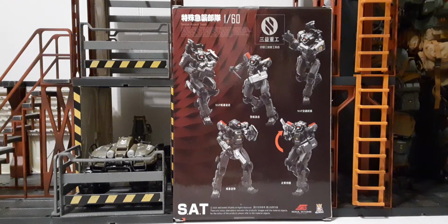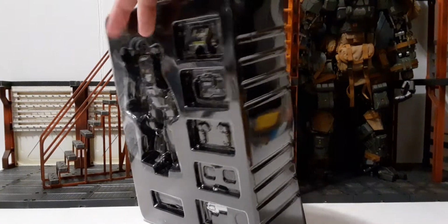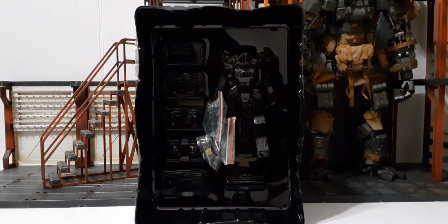So without further ado, let's get this out of the packaging and let's take a look at it. Here is the interior, the way it's set up when you pull it out of the box. It comes in a black clamshell with the clear over the top. So it makes it difficult to see because it is a black figure and black accessories. And then on the back, we have a baggie taped to the back. It shows you it has some more accessories inside. So I'm going to go ahead and get these all taken out